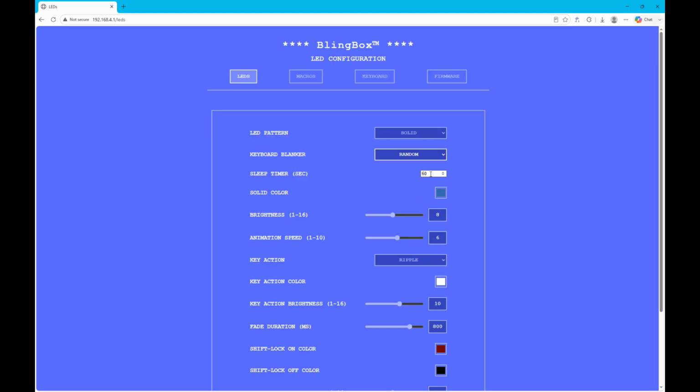You can set the sleep timer to be however many seconds you want. If you don't touch the keyboard during that 60 seconds, for this example, then the blanker will come on and show, in this case, a random pattern. But if you wanted the outrun pattern, it would show the outrun pattern if nothing's touched the keyboard in 60 seconds. As soon as you touch it, it eats that one key and then it goes back